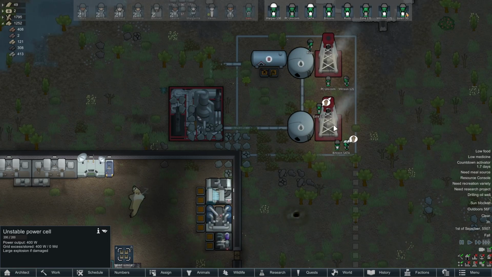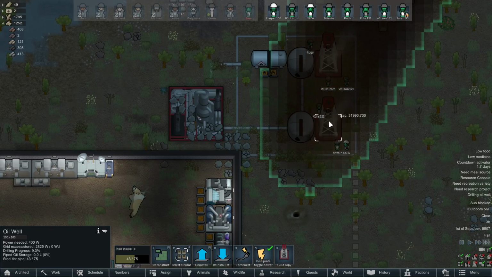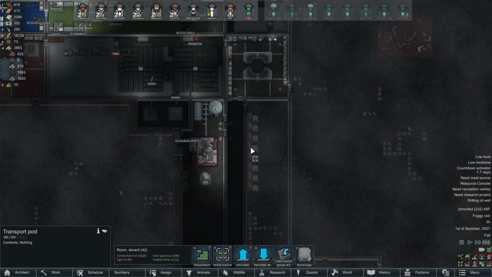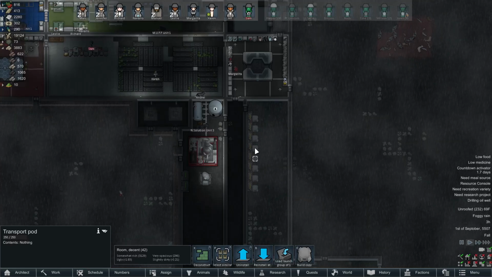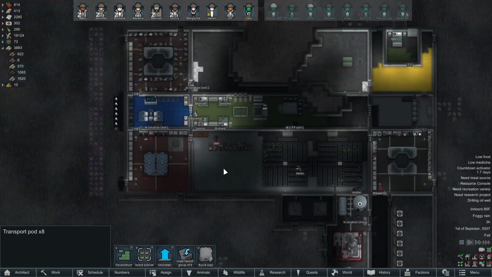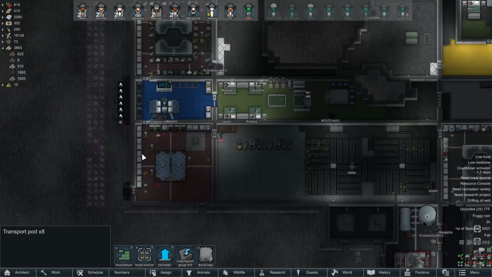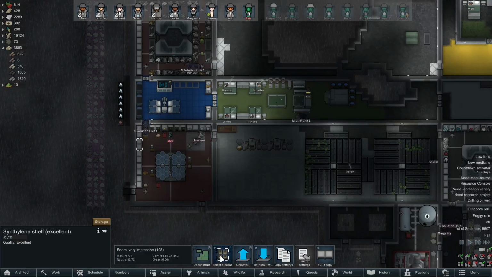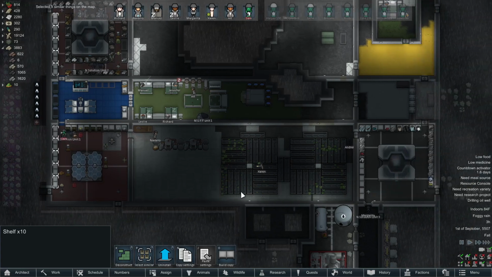Either way, looks like I've got 3 people on each one. We're already at 10% there, 12% there. We're doing good. Over here, all these escape pods, all these transport pods are built, and it's about time we get them loaded up. First things first, however, all of these shelves...